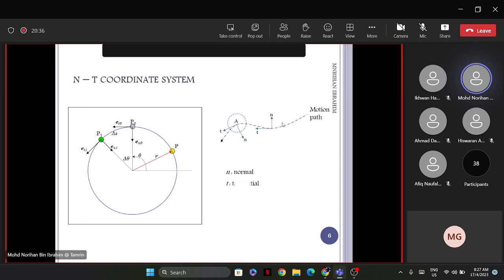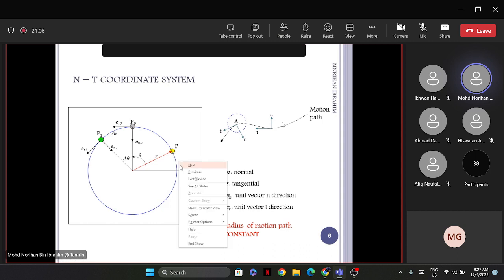Okay, we have this anti-coordinate systems. Let's say we have these situations of a particle P, which moves according to a circular path of motion. You can see, watch this slide on this circular path of motion of this particle P, which moves in these directions,